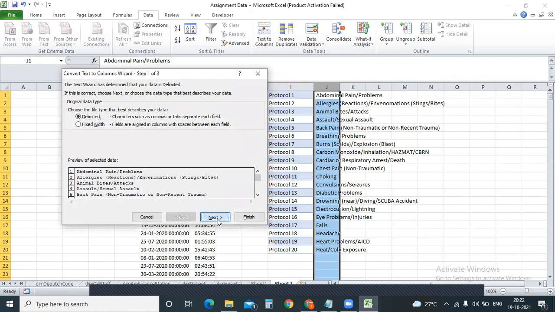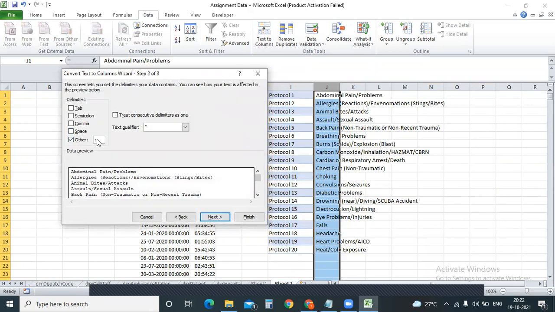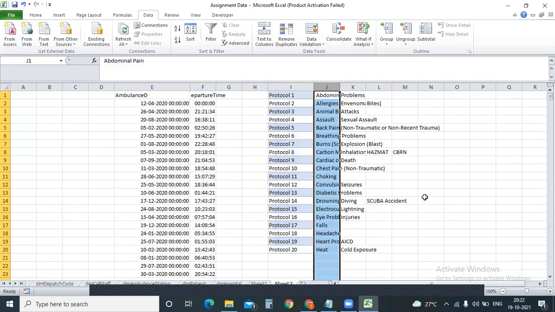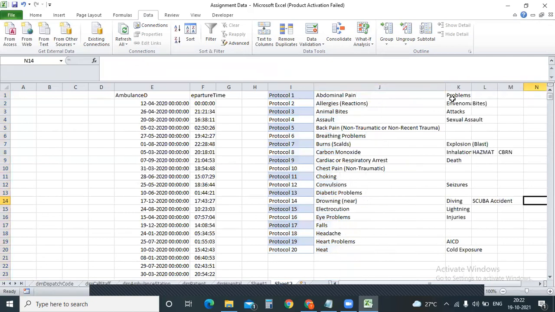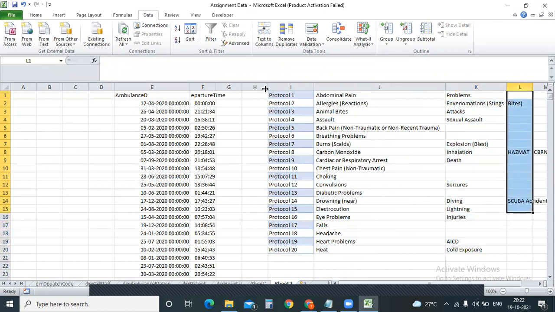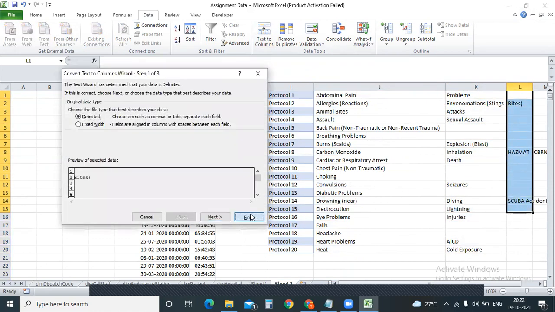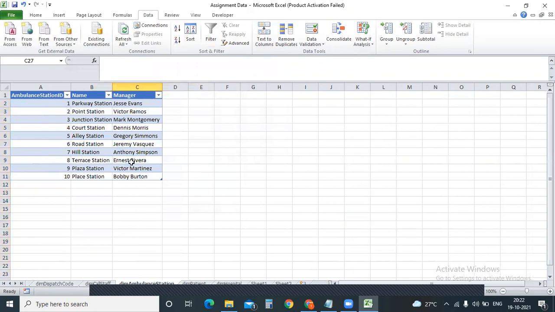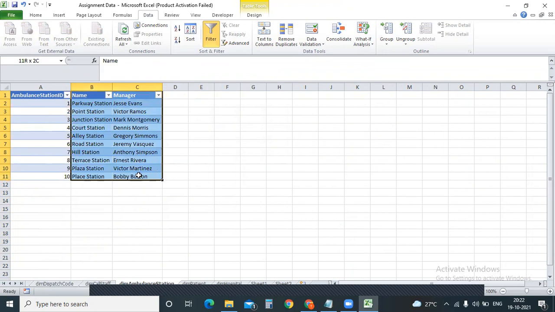Select the data, go to the next, select the others, because we don't have a forward slash over here. Forward slash, next, finish. See, can you see the difference? Ekkadithe forward slash undo, next columns like వెళ్ళిపోయాయి. Yes, sir. Okay, now this is the importance of text to columns. You want to have a look for any other example? No, sir.